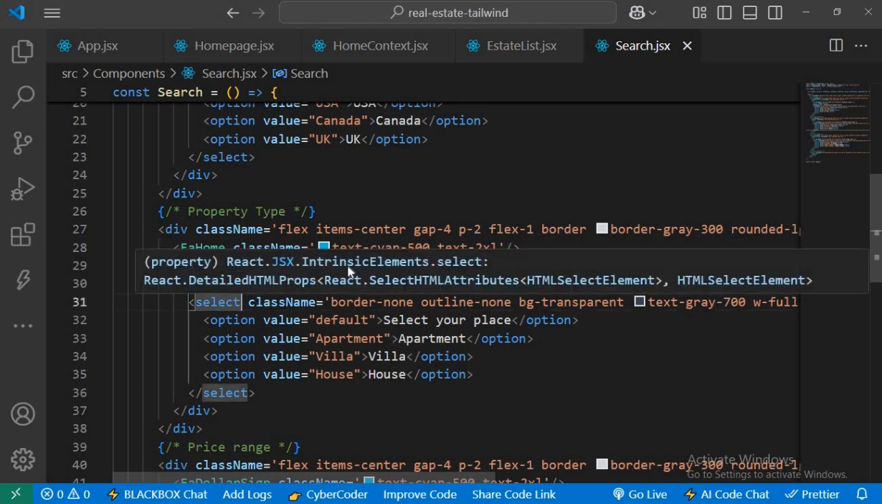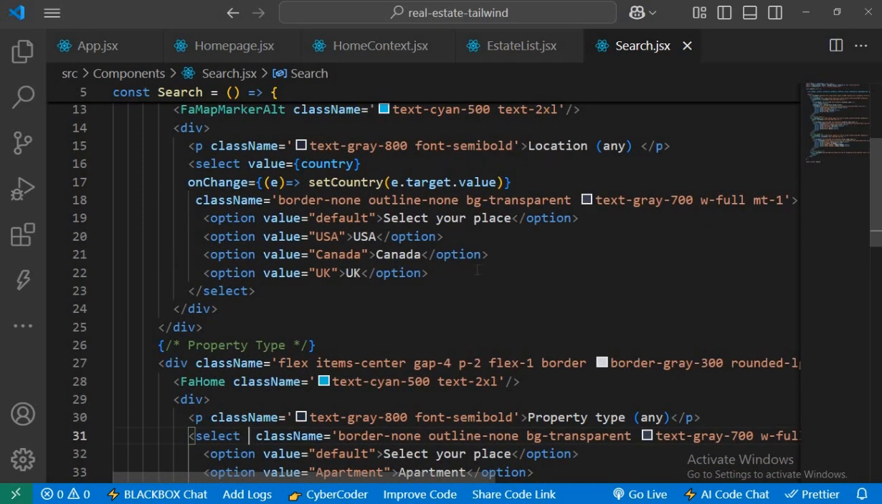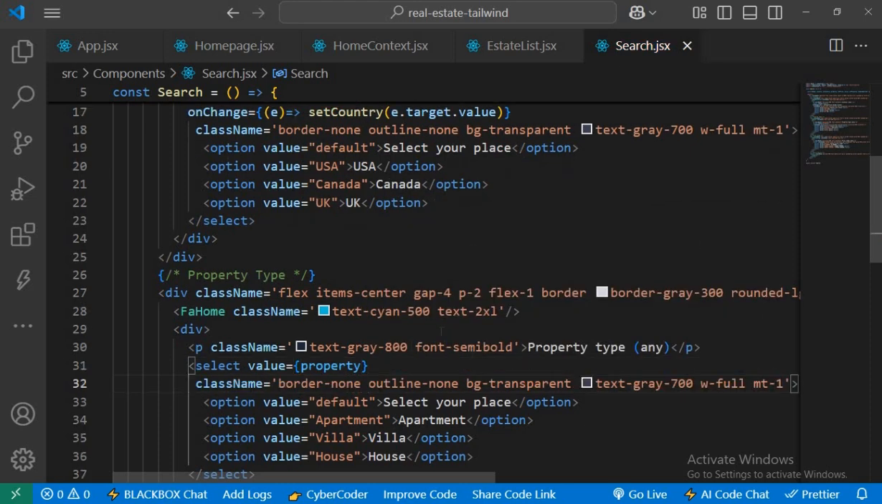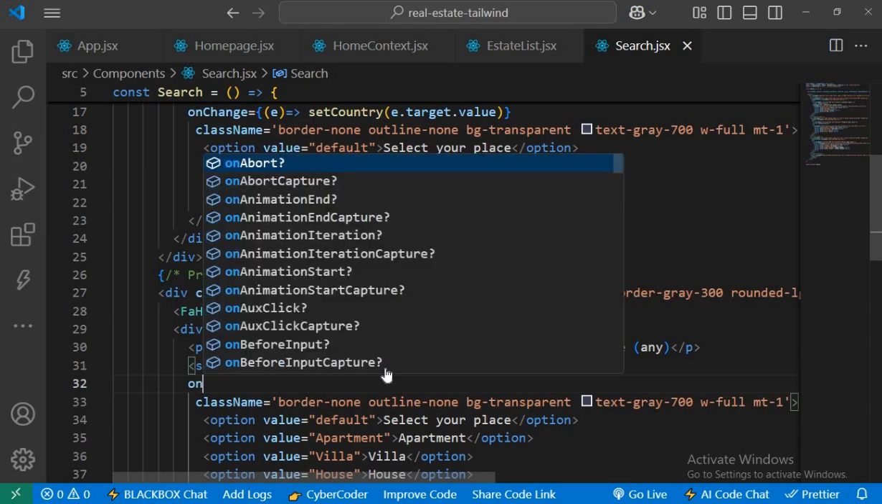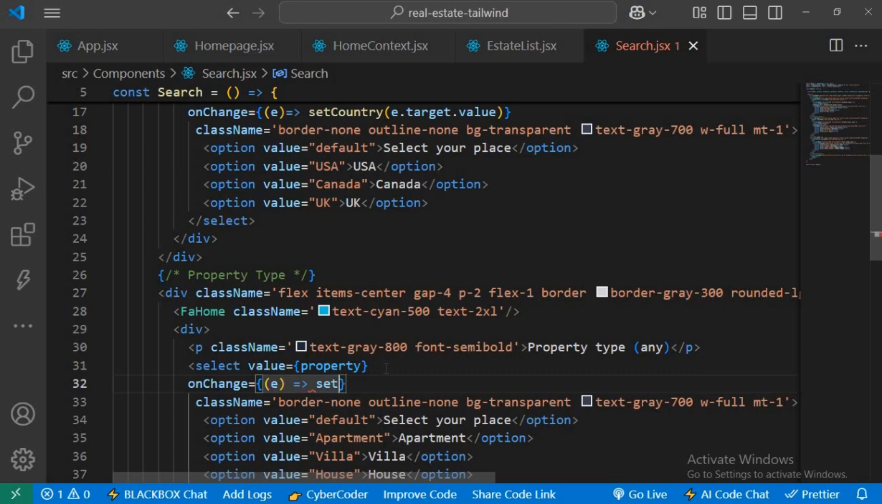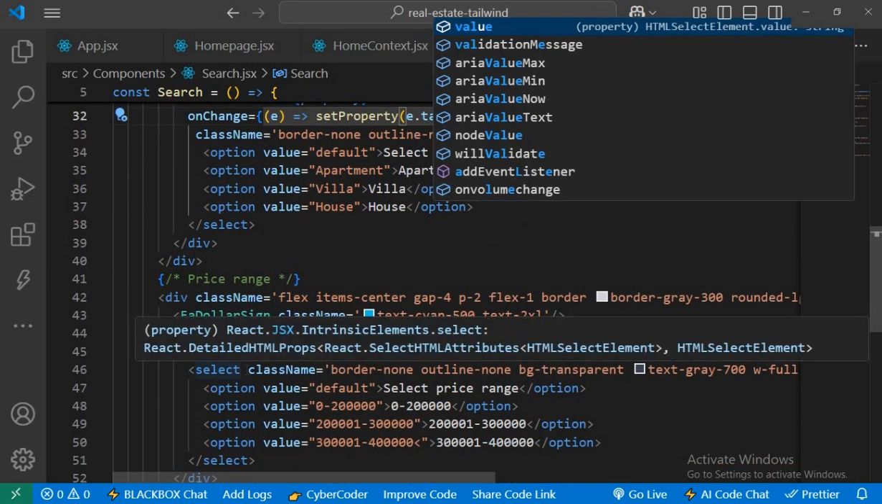So for this select here, we're going to do the same thing that we did here. We're going to create the value. The value here is going to be the property. Then we'll use an onChange method as well. onChange, create an arrow function, and then call the setter function, which is setProperty, e.target.value. And lastly, our price range,